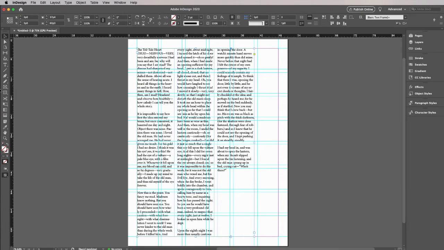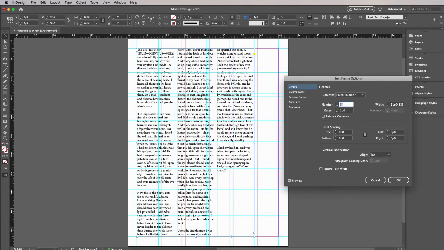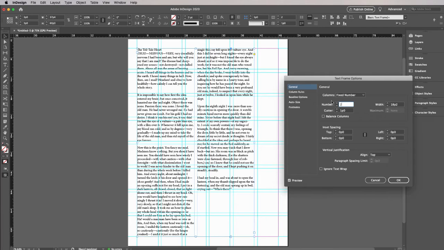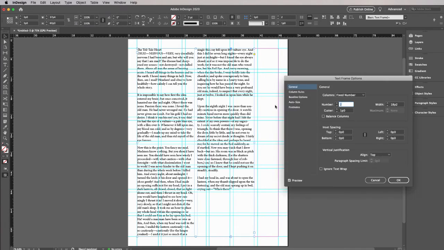Alright. So, I could decide to go back to 2 columns. So I think actually that might look pretty nice. I'm going to go back to Object, Text Frame Options, and set it back to 2 columns. And this is while the text frame is selected. The gutter is automatically set to match the gutter that you created for your guidelines, and you can of course increase that. You can go here, Text Frame Options, you can increase the gutter,